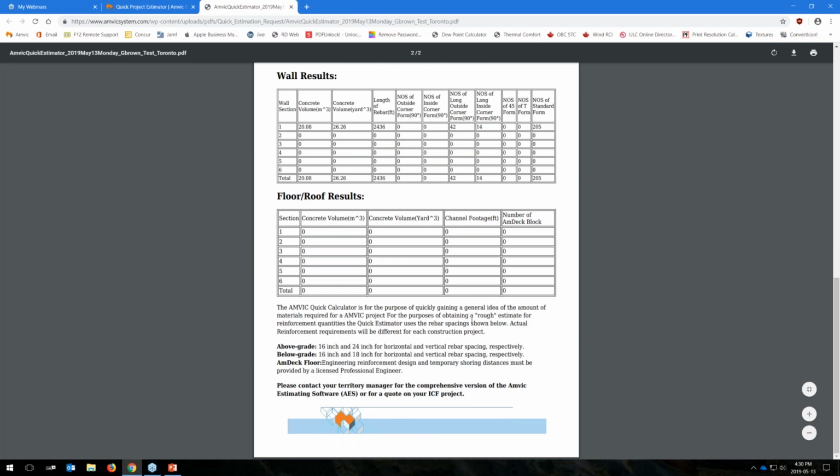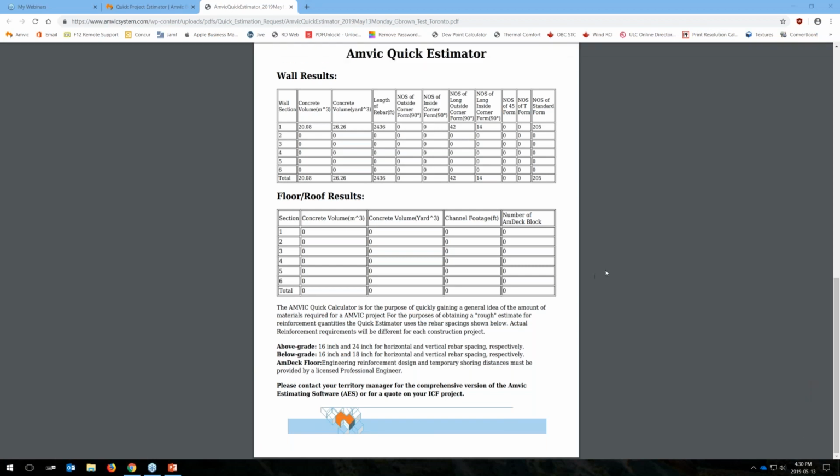So that's basically it. As I say, it's quite an easy program to use. Open it up if anyone has any questions or any comments. You can send it in either by chat or